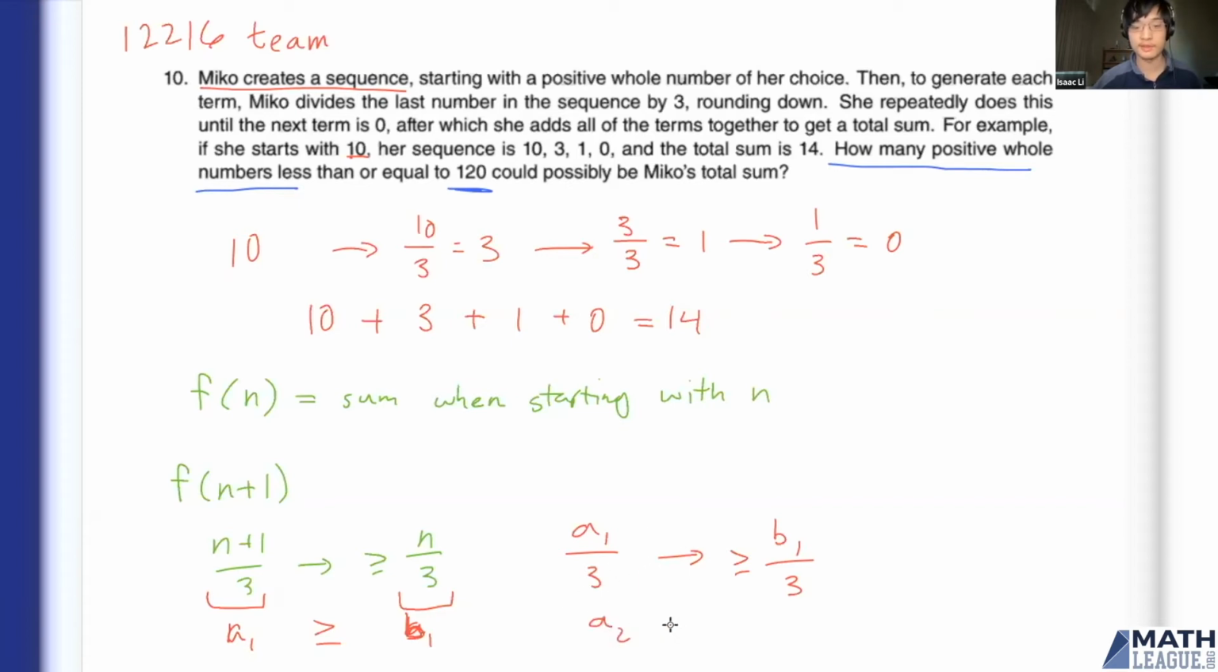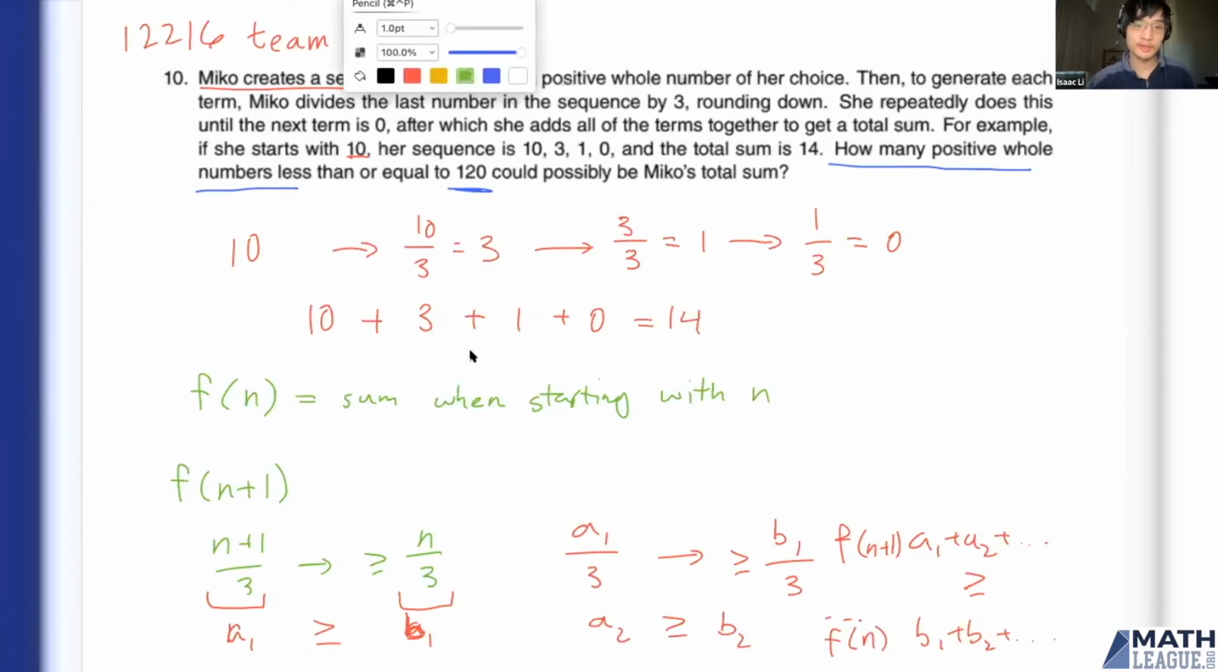So our next term here is going to be greater than or equal to, and so on and so forth. And the total sum, a sub 1 plus a sub 2 plus dot dot dot, is going to be greater than or equal to the sum b sub 1 plus b sub 2 plus dot dot dot. And this is our f of n plus 1 sum, and this is our f of n sum. So what do we know? Well,